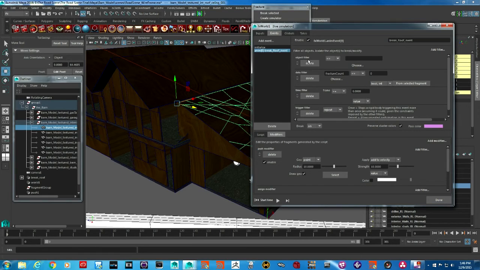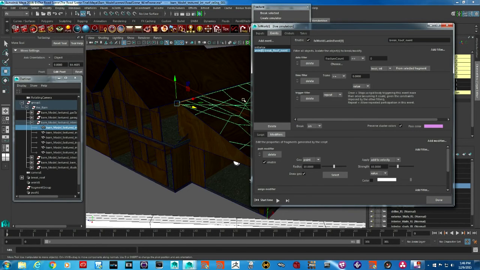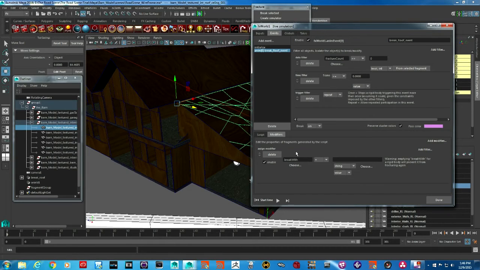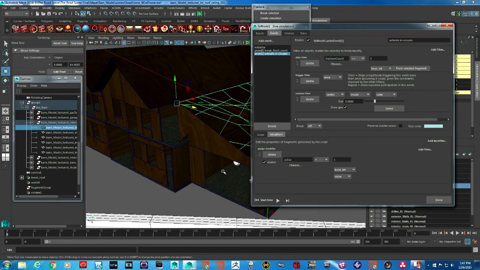Right, so we don't need the object filter here because our geometry is already pre-fractured, and I don't need the push modifier, which is the explosion characteristic, but we are going to control that separately. Okay, so that's one thing, and the second thing I need now is another event, which would be activate in volume, because we don't want